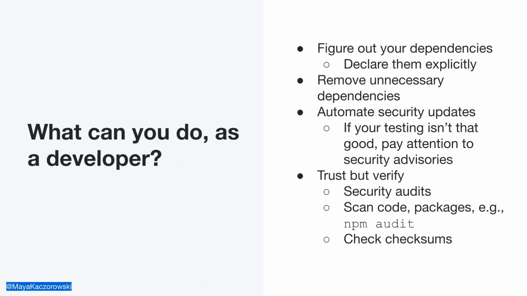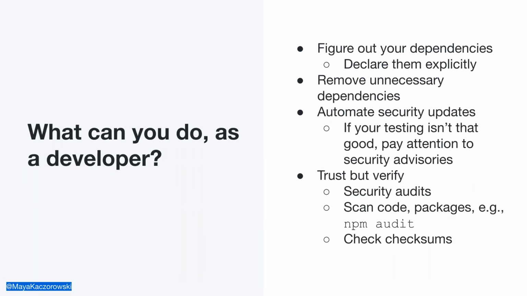Next, and this is the step everyone is too lazy to do, but remove your unnecessary dependencies. You don't have to patch something that you don't have. This is the easiest way of being secure, having less stuff, right? Think of it like no code, right? No code is secure because there is no code. So for example, in containers, you might use a scratch or minimal base image.